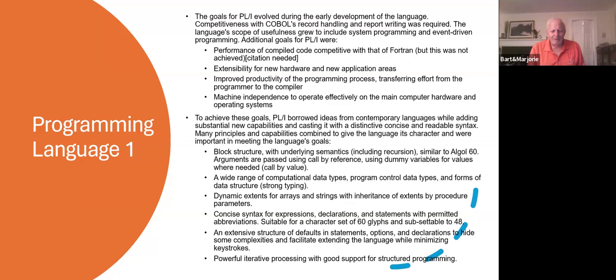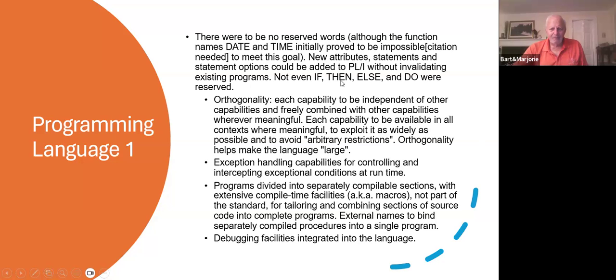As we touched on before, the tools were becoming available so that you could in fact put PL1 on any computer using Lex and Yacc, for example, if there was a C compiler there. And so what happened was there was a whole variety of data types, dynamic extents, context, concise syntax, all kinds of iterative processing. Part of the problem with PL1, why it never really took off, was it had too many bells and whistles, and most people couldn't understand how to use all these different things effectively to get on with their job. So, for example,